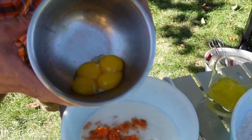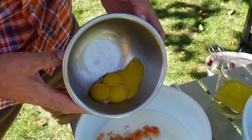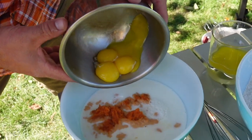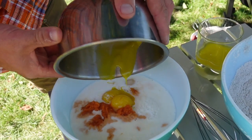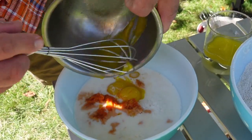And this is 4 egg yolks that I separated. I gotta be honest with you, this is probably only the 2nd or 3rd time I've ever separated an egg yolk in my life. And there was some trial and error. I'm not gonna show you that on camera. So 4 separated